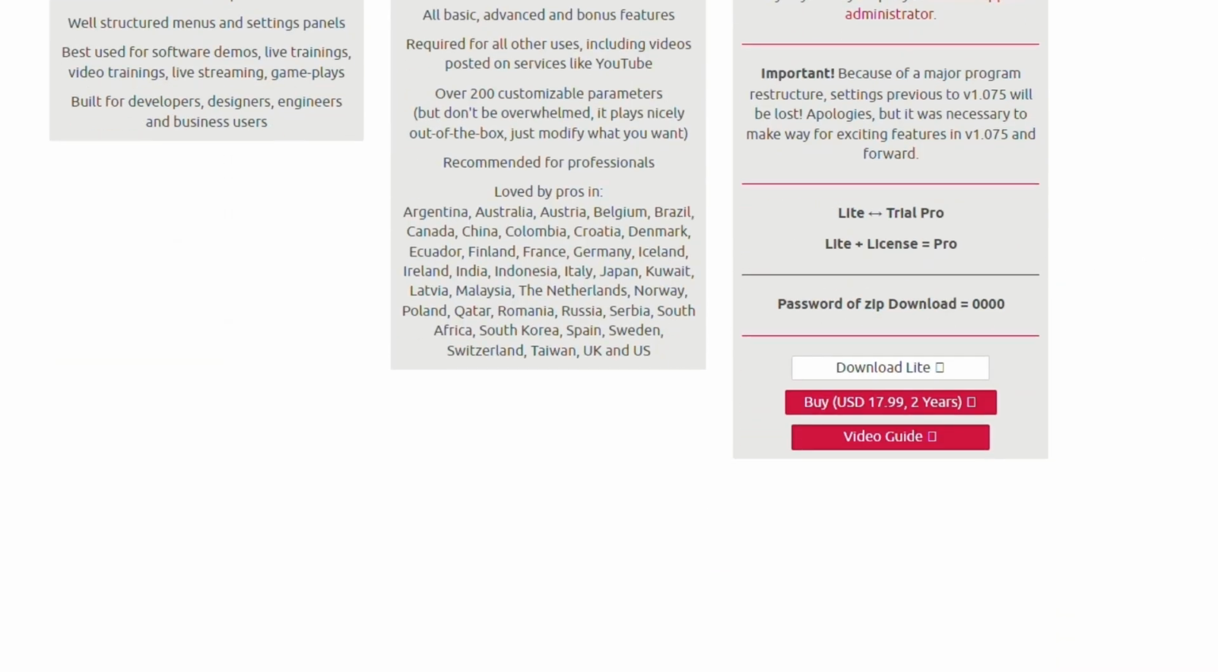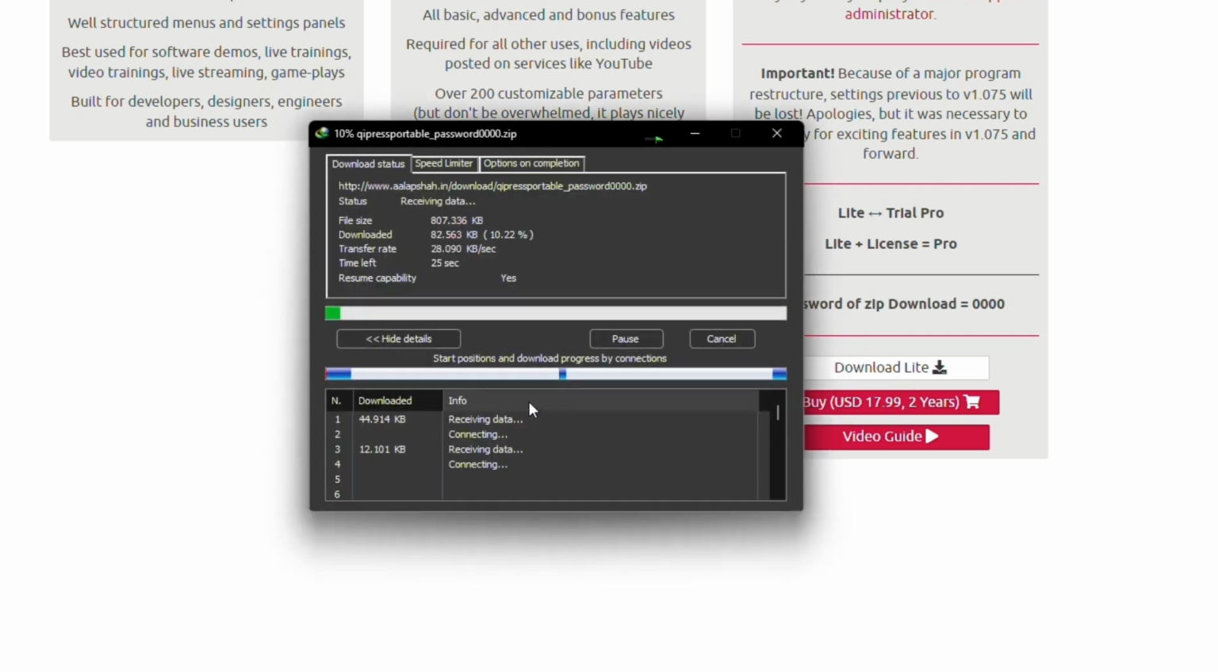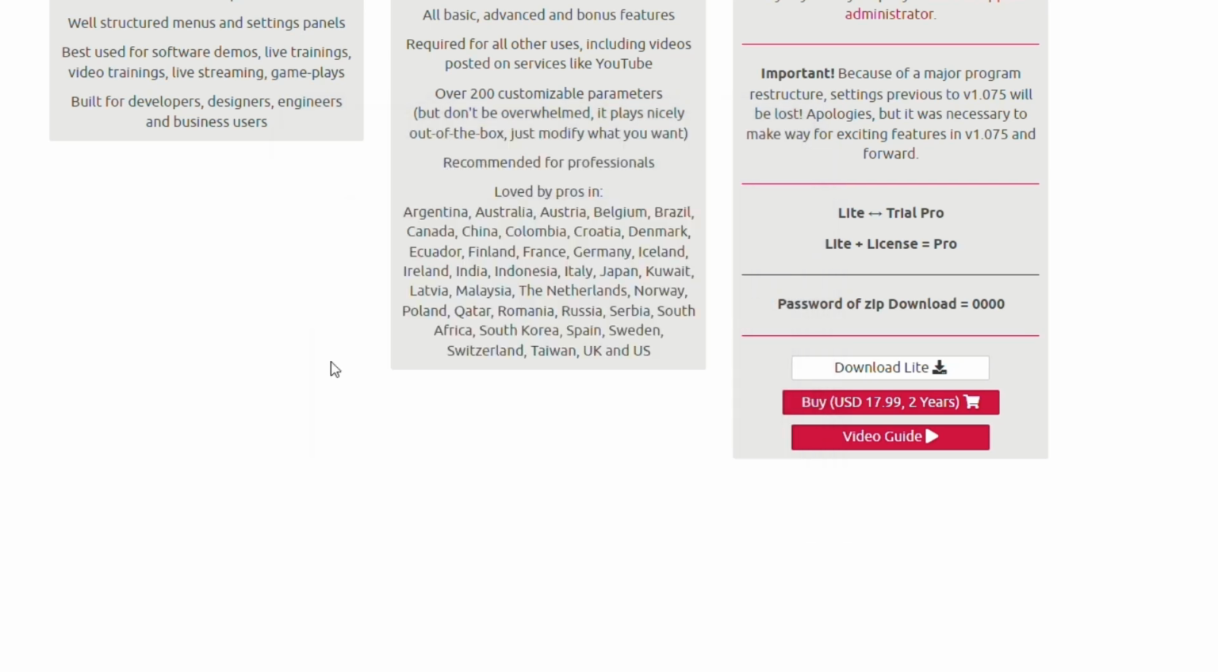Look for a download link or button on the website. Click on it to begin the download process. After the download is complete, locate the downloaded file